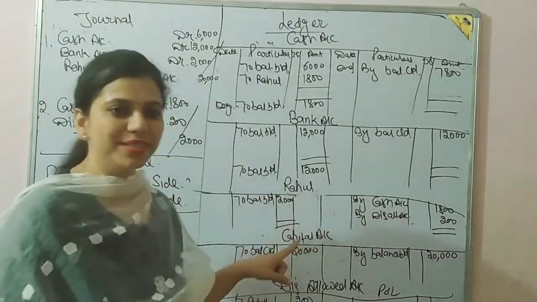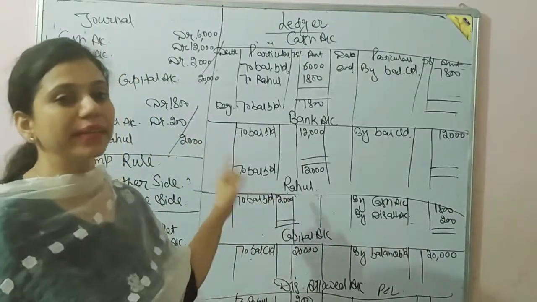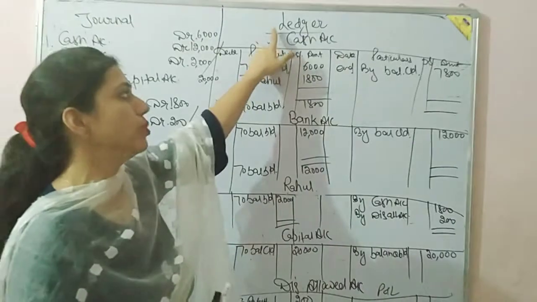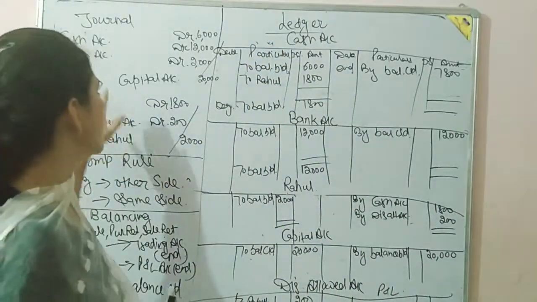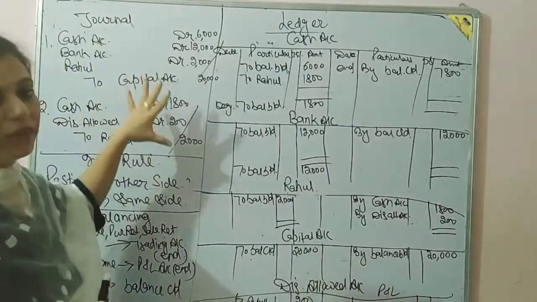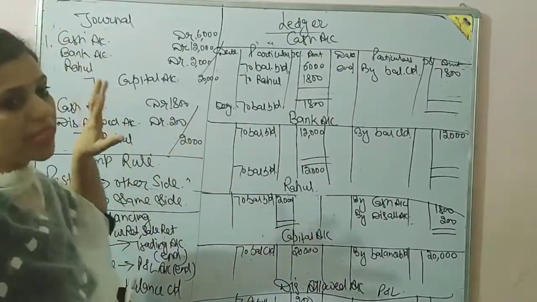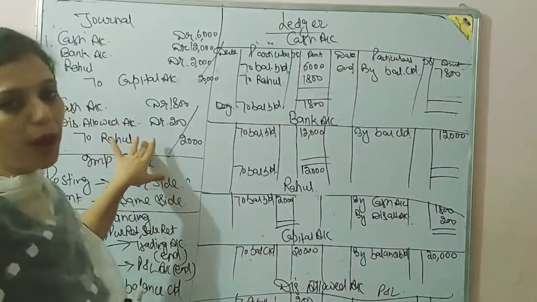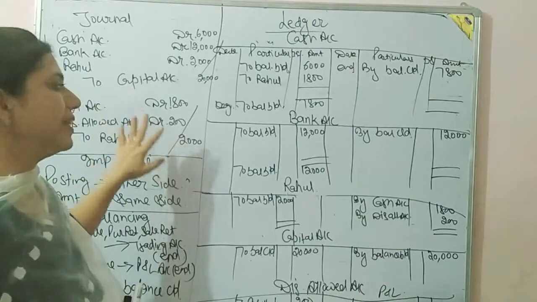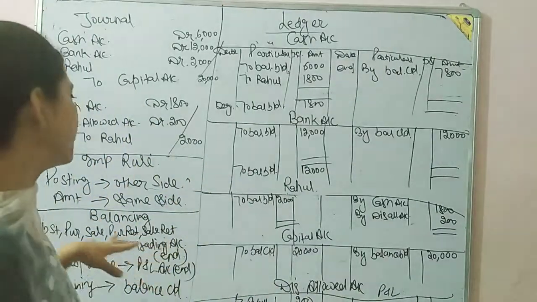Yes, good morning students. In this video, I am going to discuss a practical concept related to ledger: how ledger accounts are prepared. For example, we have only two journal entries. The very first is an opening entry and the second one is a compound entry, so that you can easily understand how these entries will be posted.